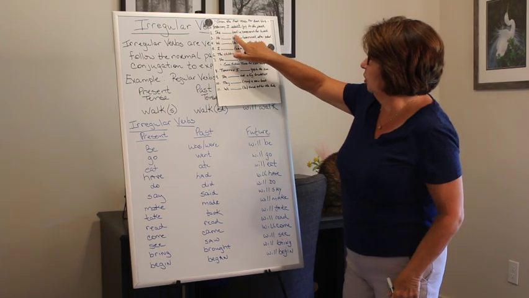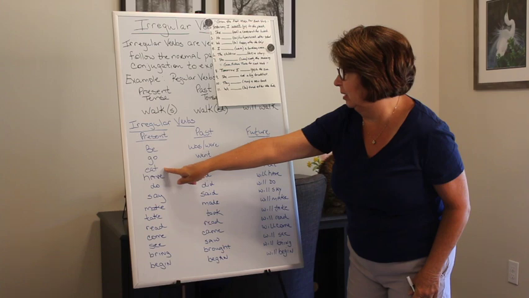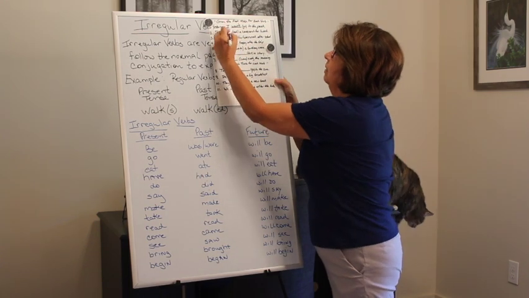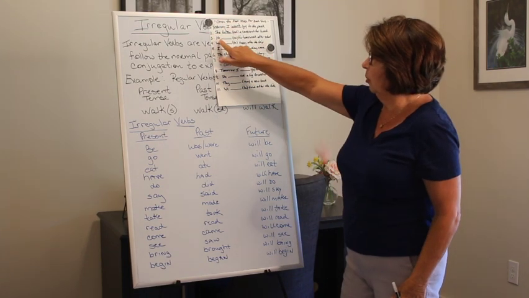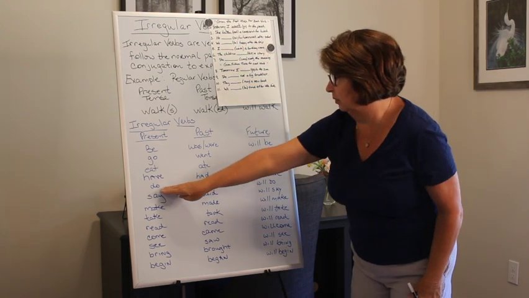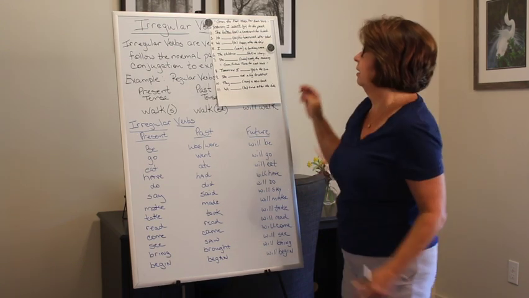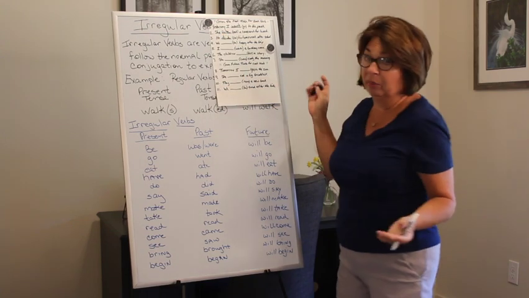All right, number 2, she ate a sandwich for lunch. Let's find our word eat. What is the past tense? Ate. So she ate a sandwich for lunch. Number 3, he do his homework after school. Let's find do. So we're going to say he did. Good job. I know this is a little confusing because it's based on memory.